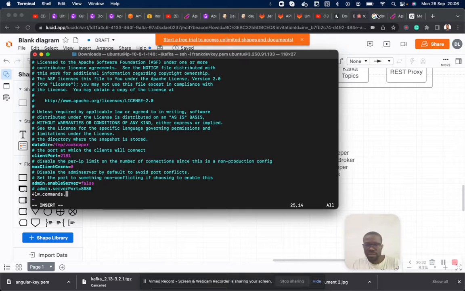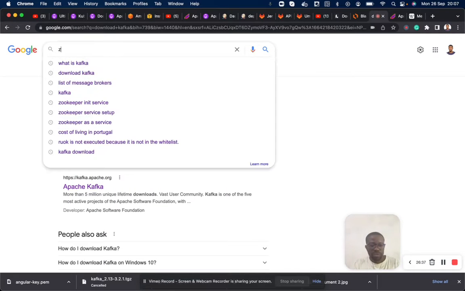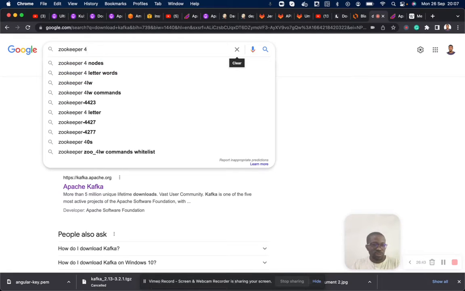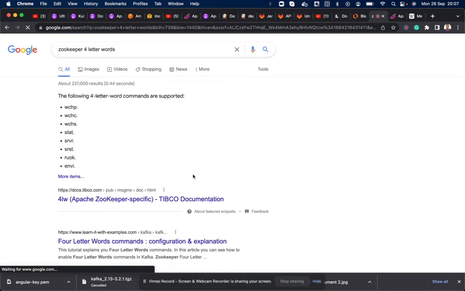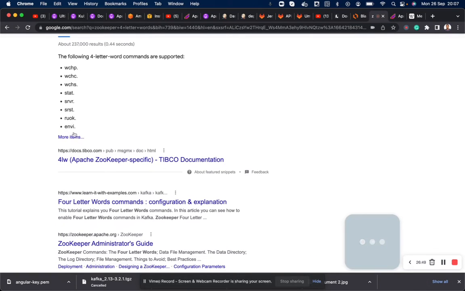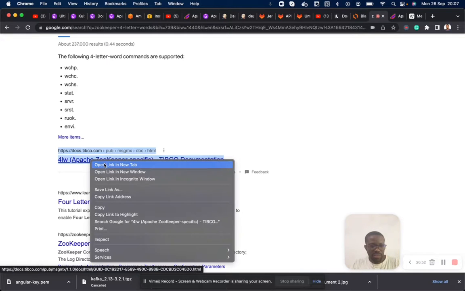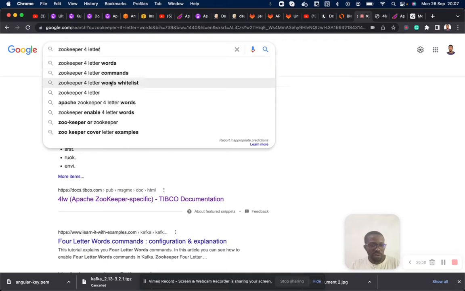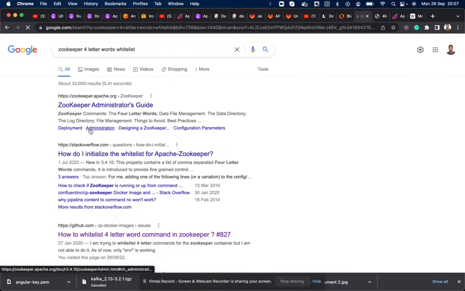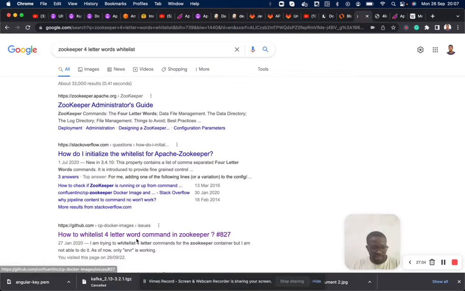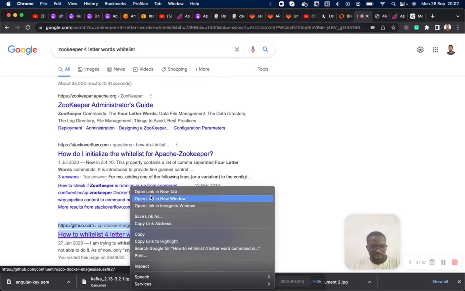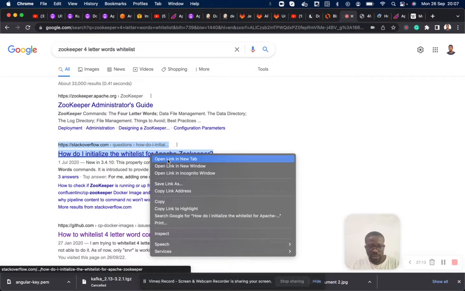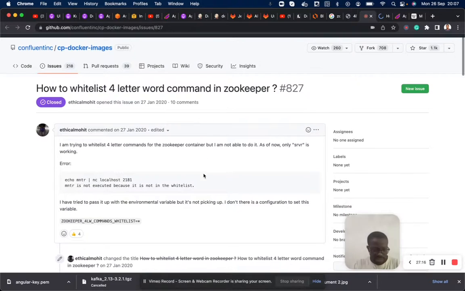Let me look for the Zookeeper four-letter words, the list of Zookeeper four-letter words, and keep the list somewhere. Then, for the whitelist, let's see how that is set.